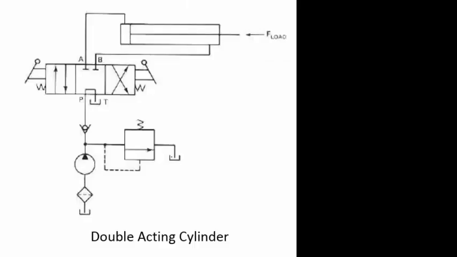Same is the case here. Here we are using a 4x3 lever actuated valve and spring centered. So in the center condition, the pump flow is directly sent into the tank. So whatever the pump flow is coming, it is coming into the direction control valve, and from there it is going into the actuator. From the actuator it is coming into the valve, and then it is going into the tank. So directly whatever valve we are using, that same valve will control the direction of motion of the actuator.